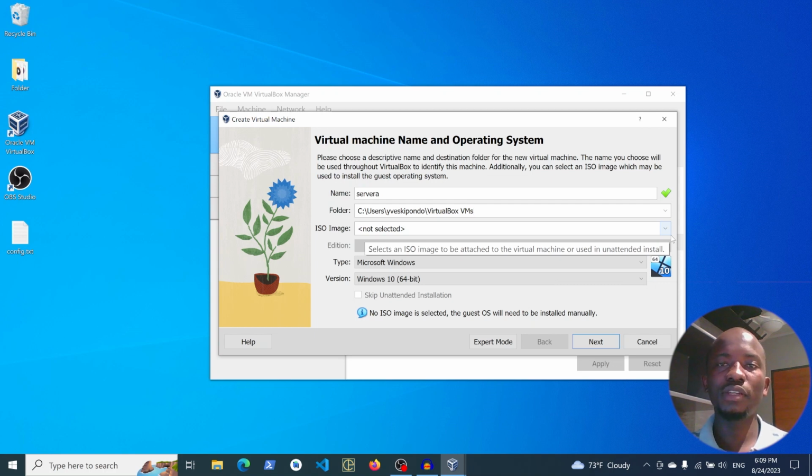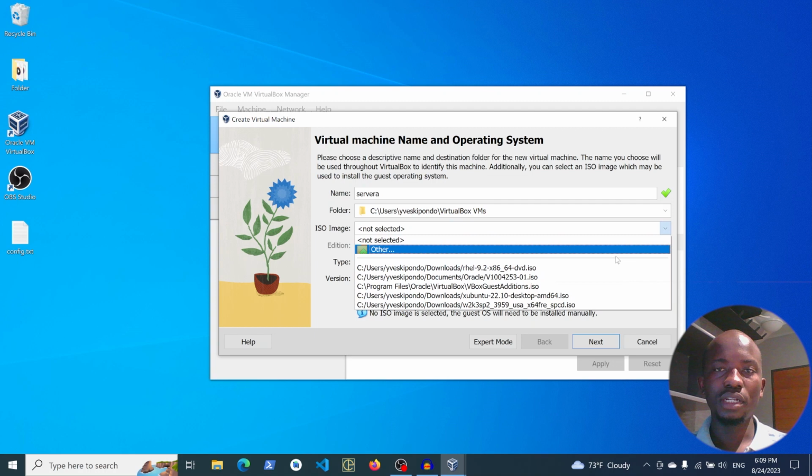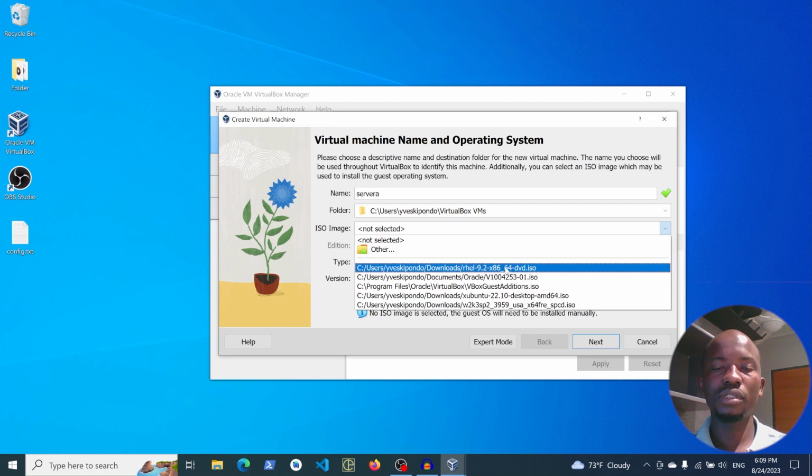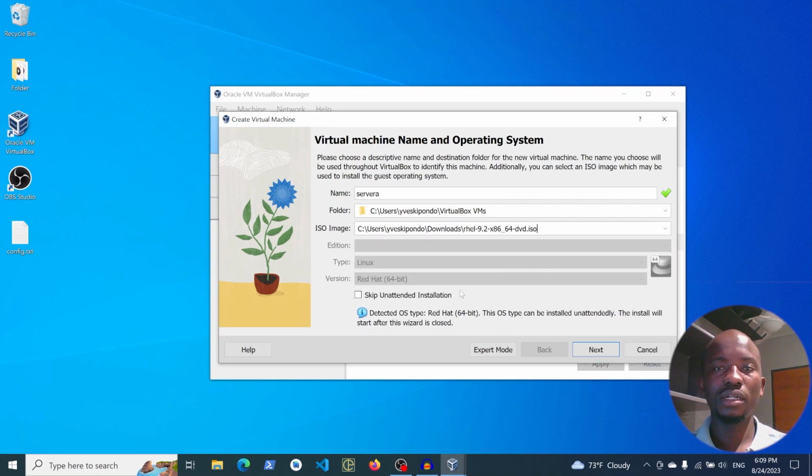The most important thing when you are creating a VM is the ISO file, which is the file which contains the OS which you want to install. In my case, I'll use Red Hat Enterprise Linux version 9.2, which I've already downloaded. So this is the ISO file. I'll select that, and before I go to the next step,